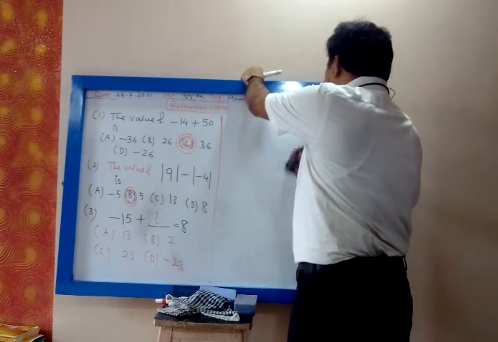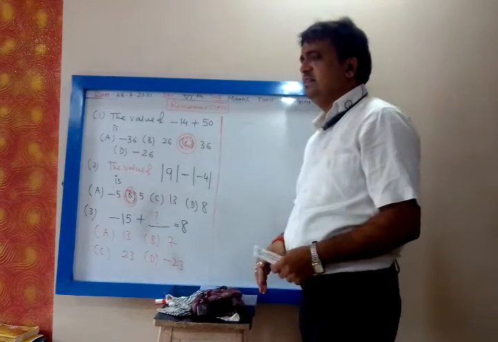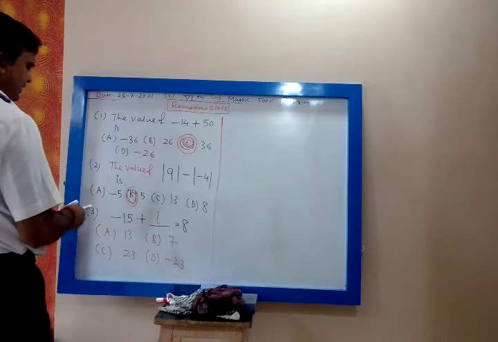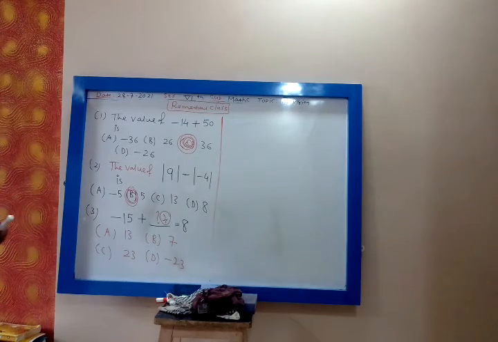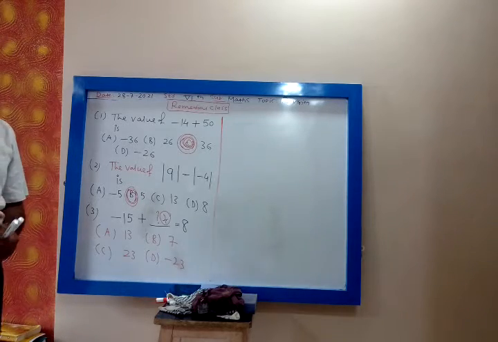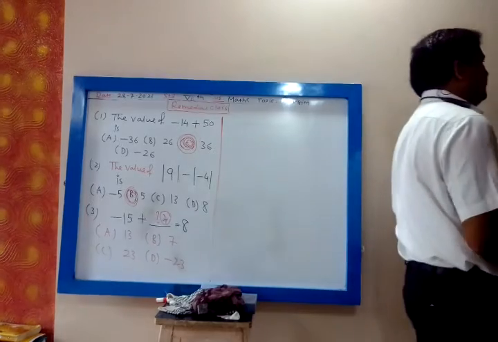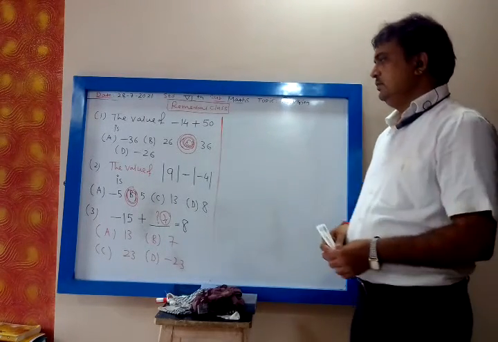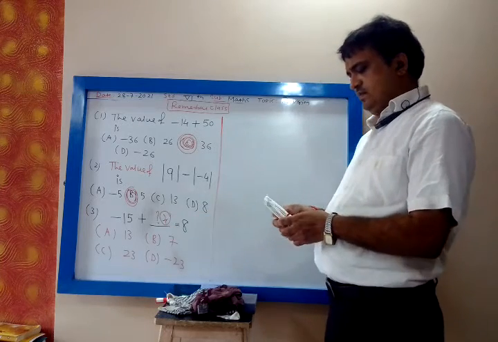How 7, my dear? No, the answer is not 7. How is the answer 7? Work out. You can consider this as x and simplify. It will not be 7, my dear. If you are telling me 7, you are doing magic, not mathematics. So work out. This number we have to find.